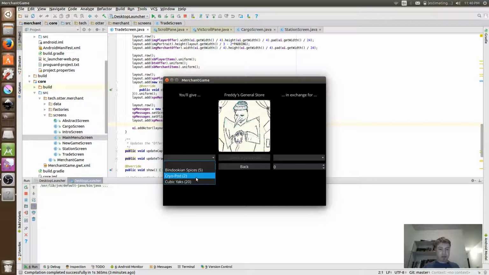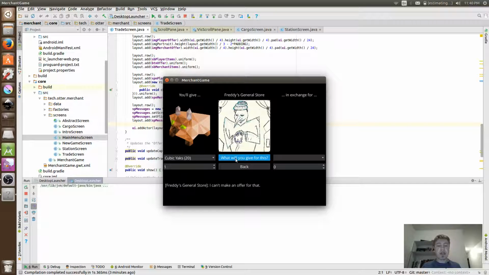So I'm going to try and sell my cubic yaks. A cubic yak is not very valuable. So he's going to say, yeah, buddy, I can't make you an offer for that. And you can see I've got the messages aligned to the left. Believe it or not, this took hours. I've also got that cool little fade in when each message comes in. And the funny thing is that's actually to hide a bug that I couldn't fix,